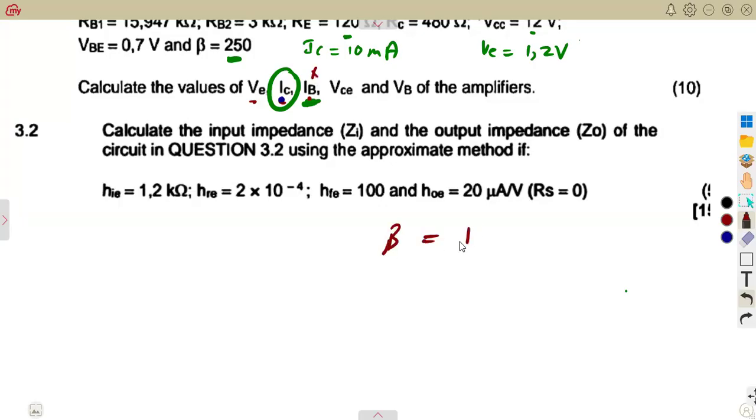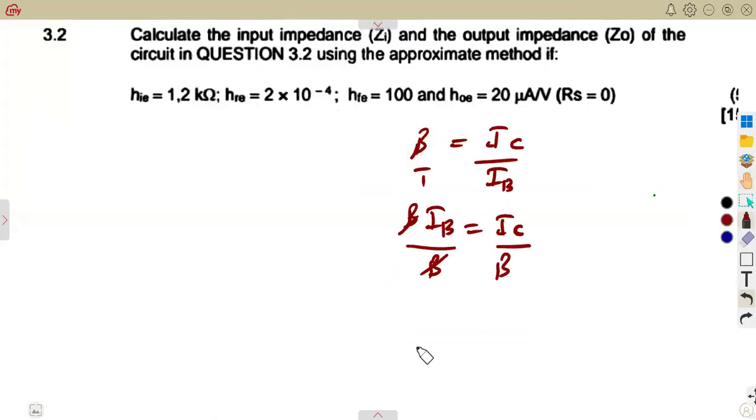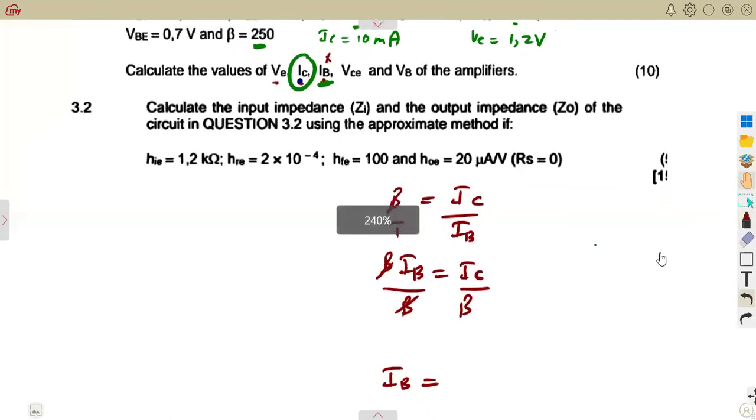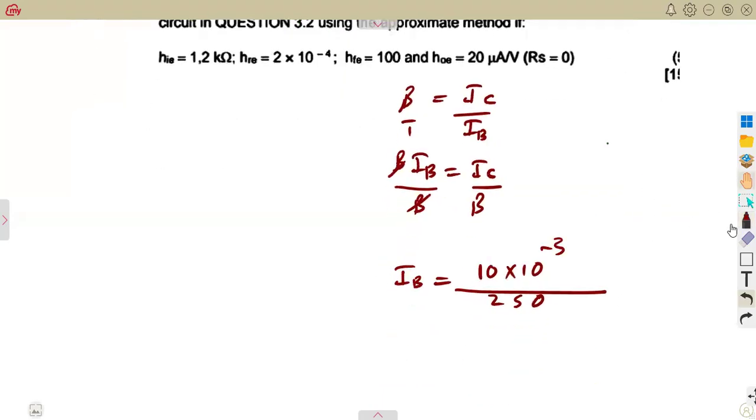So if beta is IC over IB, you cross multiply, and it's going to be beta IB equal to IC, and we need IB. So we can divide by beta. This is going to give us the value of our base current, which is IB, that's IC. We just calculated this, 10 milliamps. So that's 10 times 10 to the exponent of -3 over beta, which is 250. So dividing this is going to give us the value of IB, which is